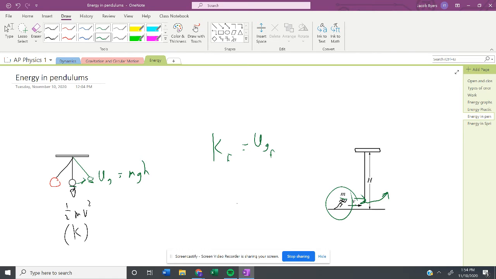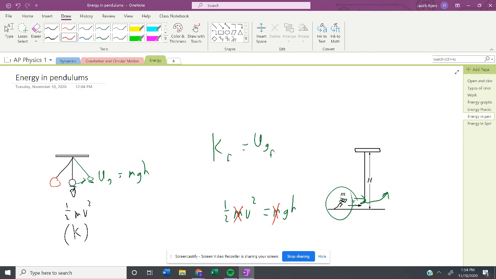And so for any question like this, kinetic energy is 1/2 mass times velocity squared. Your gravitational potential energy would be mgh. Now, if you look at this, you'll note something interesting. Mass does not matter. If you've got a 50-kilogram child or a 100-kilogram man running at the same velocity, they will end up going the same height. All you have to do is use velocity squared: 1/2 velocity squared will equal the height times acceleration due to gravity, which we know here is 10. And so that's just ways to look at